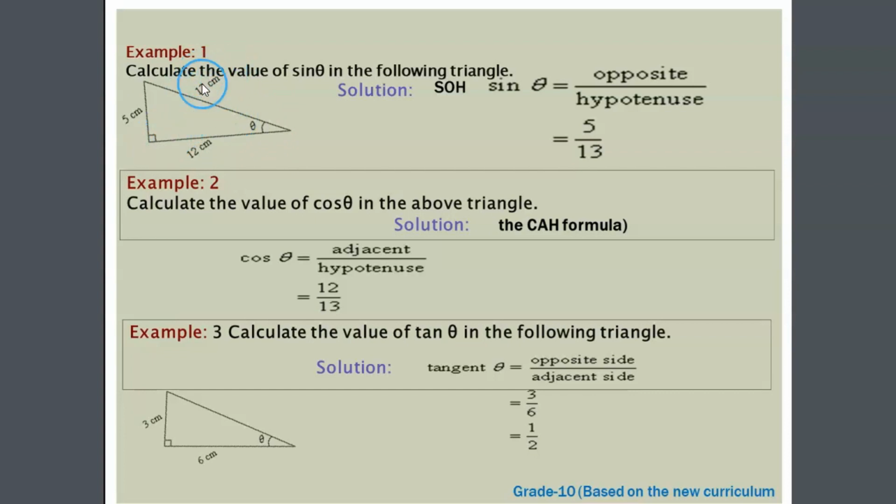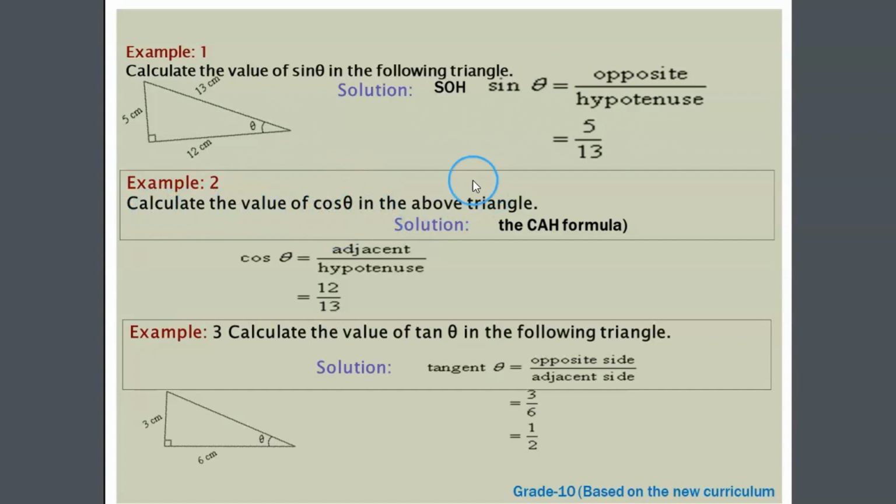ይሄ ባይሰጠን by the way በፓይታጎረስ ቲዮረም ማግኘት እንችላለን። ይሄ ስኩዌር ፕላስ ይሄ ስኩዌር equal to hypotenuse ስኩዌር አድርገን ማለት ነው። Anyways sine of angle theta እንዴት እናገኛለን? Sine means what? Opposite over hypotenuse. Therefore sine of angle theta opposite over hypotenuse. ለአንግል ቴታ ኦፖዚት የምለው ፊት ለፊት ያለው 5 centimeter over hypotenuse 13 5/13 ይሆናል ማለት ነው።